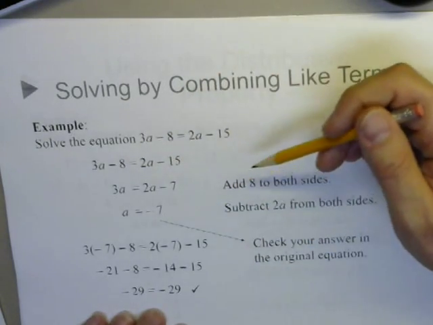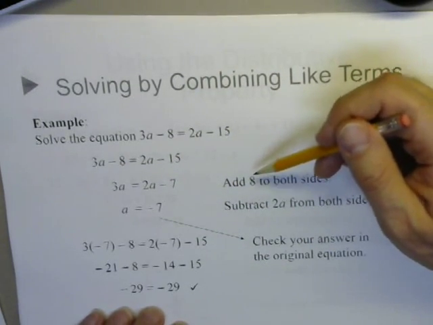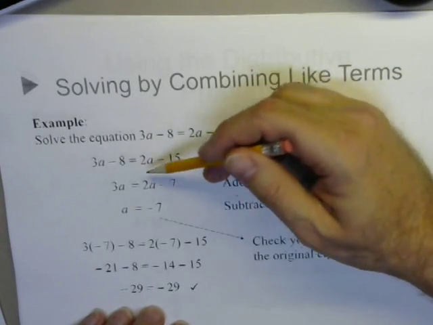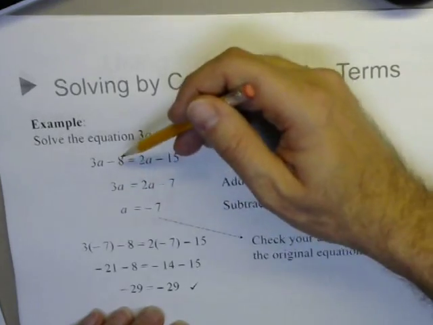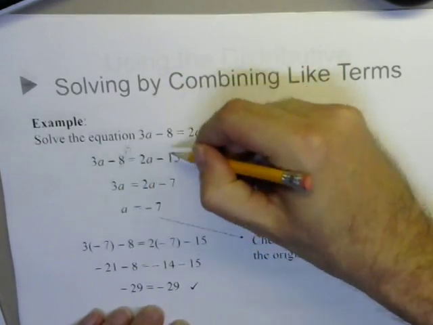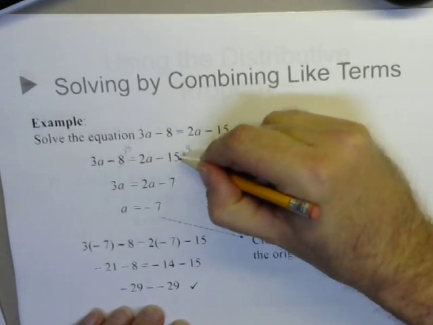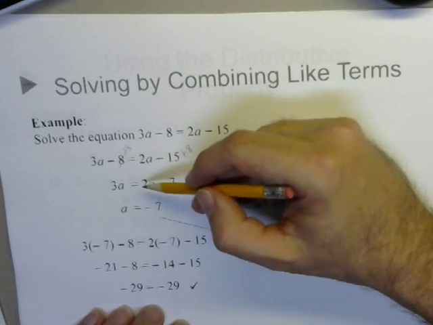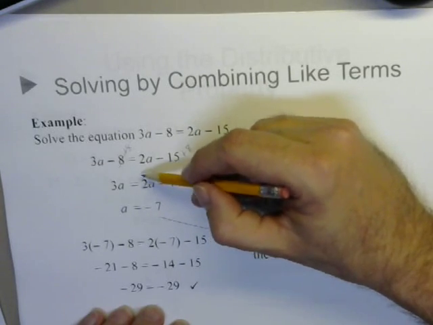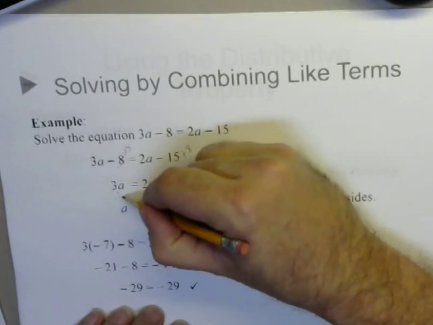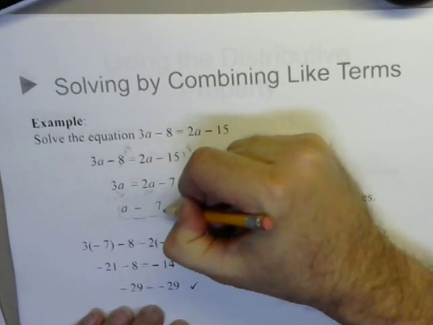So what you could do, and there are several ways you could do this, is maybe add 15 to both sides to get all the a's on the right-hand side, but we're just going to add 8 to both sides. If I add 8 here, this will cancel out this 8, and if I add 8 to the -15, -15 plus 8 is -7. And then all I have to do is take the 2a and move that over to the other side. So if I subtract 2a from this side, subtract 2a from this side, I'll get a is equal to -7,